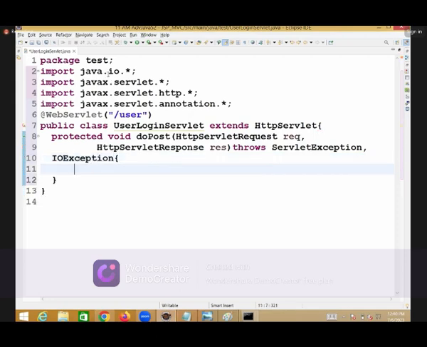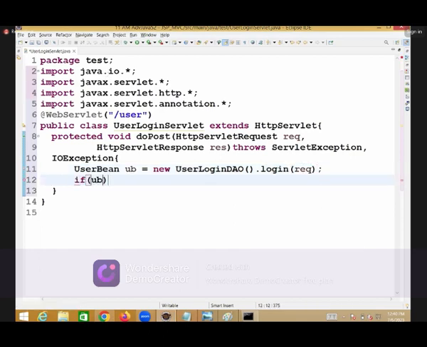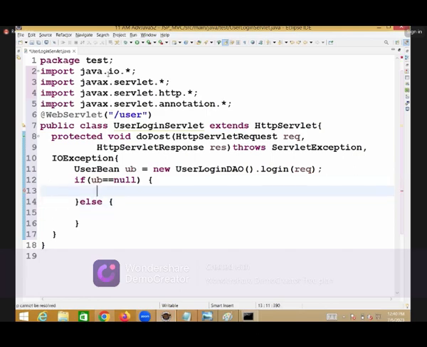Don't write PrintWriter, because the servlet will not give the response. The servlet will send a response to JSP. So here, what you must do now is the user bean, direct logic only. UB is equal to new UserLoginDAO.login of request. Now, if that UB equals null,